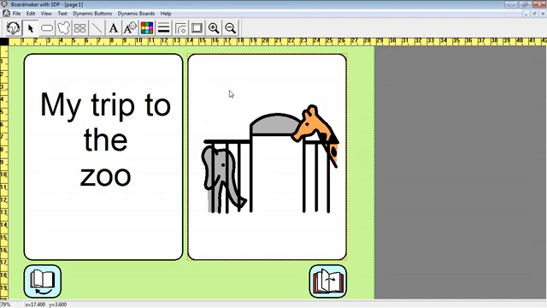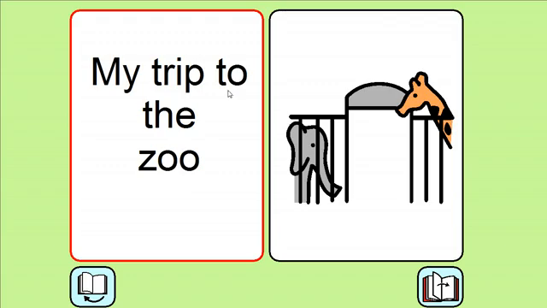So now if we go into use mode or interactive mode by clicking on Control key and U, we can test the buttons speaking. So I'll click on the first one. My trip to the zoo. And I'll click on the second one. I love going to the zoo. Do you want to hear about my trip? There you go. Now we haven't added some actions down the bottom here to turn the page,